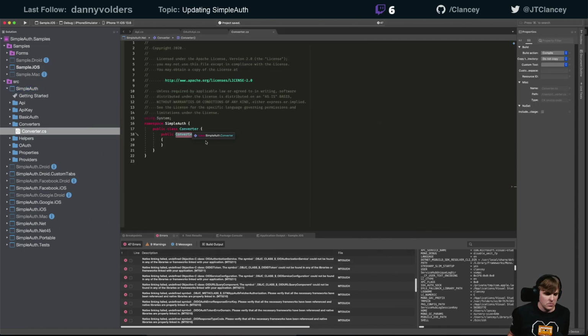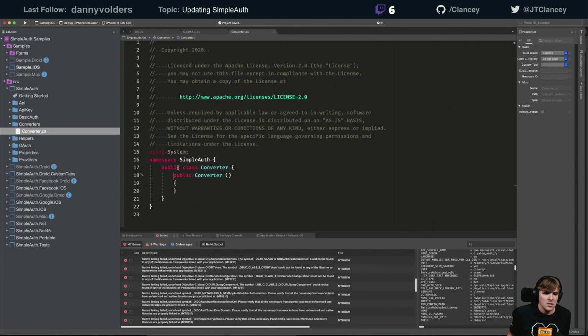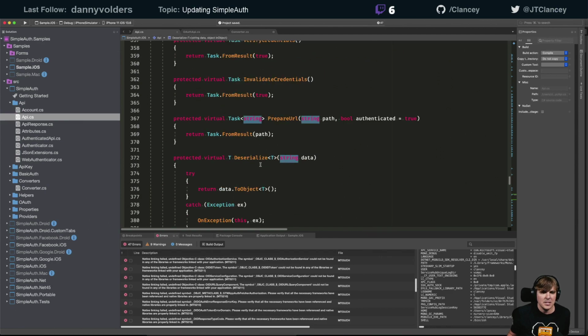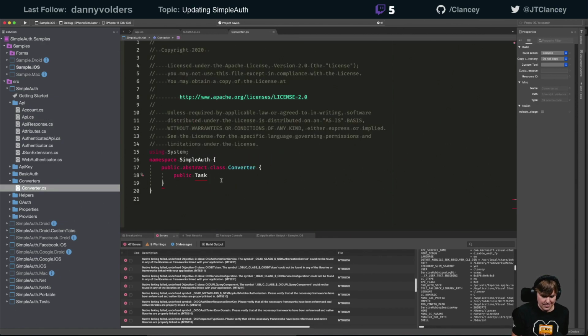All right. Ooh, what just happened to my code? All right, so this converter class is going to be an abstract class. And we're going to have public, we'll make it async. We'll make it a task. Actually, what is my DC? New API is going to be tasks. This thing is SimpleAuth's old, so there's some legacy. So we'll leave the old one on there, but we'll have serialized task